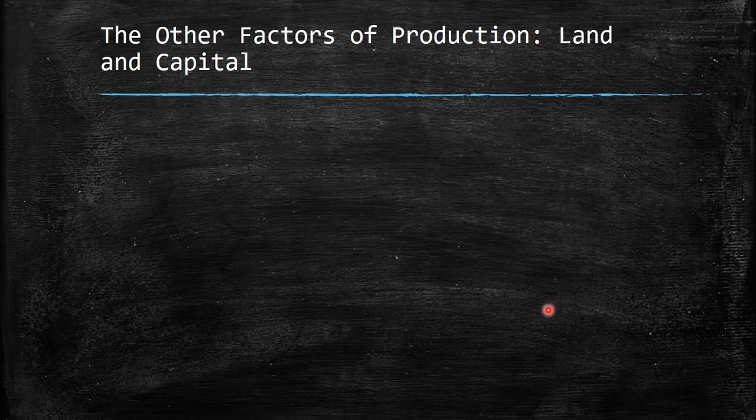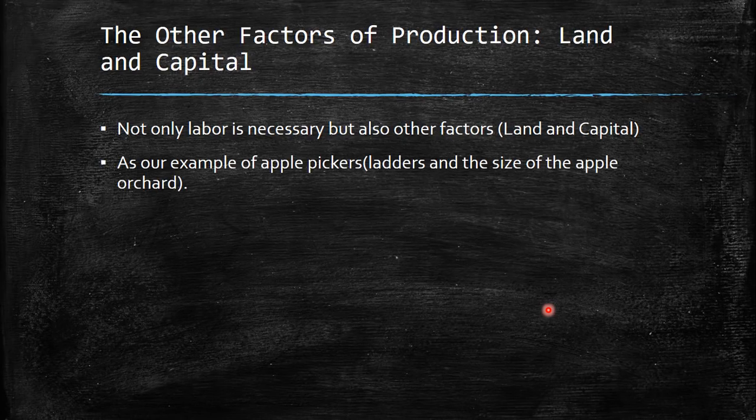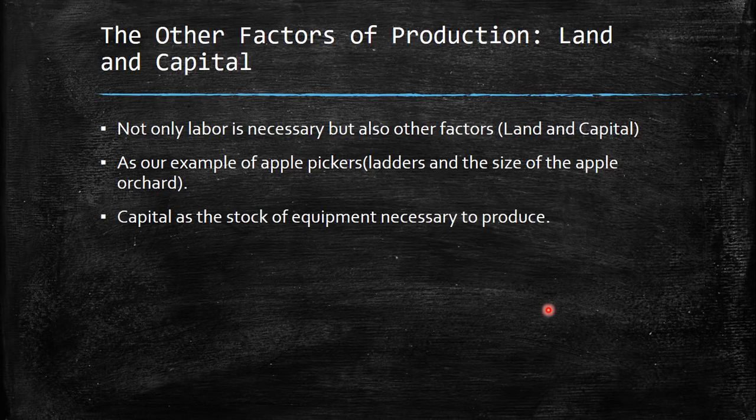Then we will discuss a little bit about the other factors of production, because we already discussed labor, but it will put the basis in order to understand the other factors. We automatically know that not only labor is necessary, but also other factors, as for example land and capital. So in our example of apple pickers, remember that we need another important fact. Not only apple pickers, but we need ladders that they need to climb, and the size of the apple orchard where they will work. Then the capital,